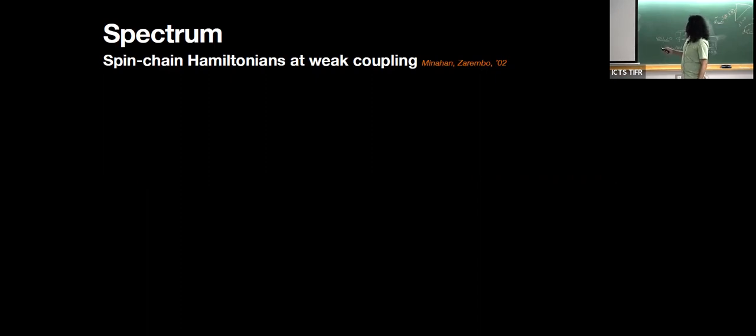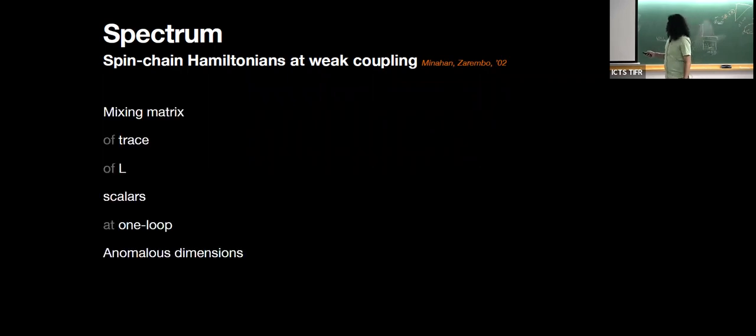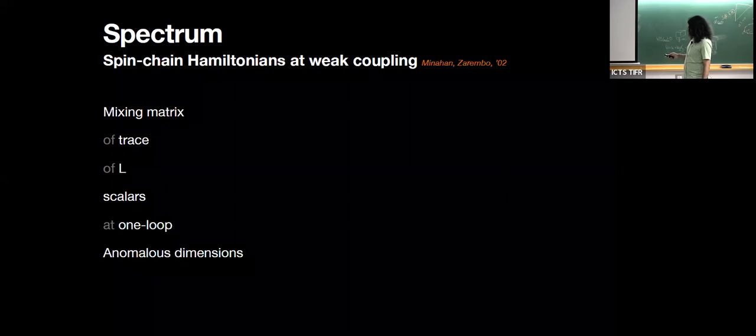And actually, let's just go to weak coupling. I just want to remind you of a very important paper written by Minahan and Zarembo back in 2002. They were working at weak coupling and they were considering just correlation functions, two-point functions of traces of scalars in N=4 super Yang-Mills. And what they observed was that the mixing matrix of a trace of L scalars at one loop can actually